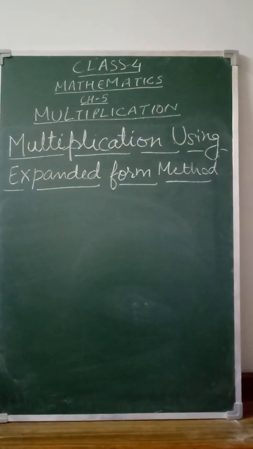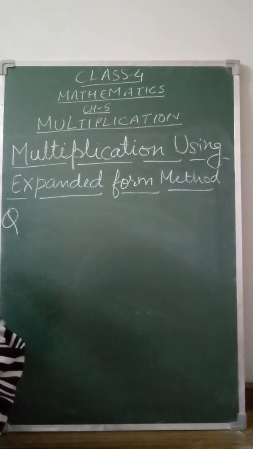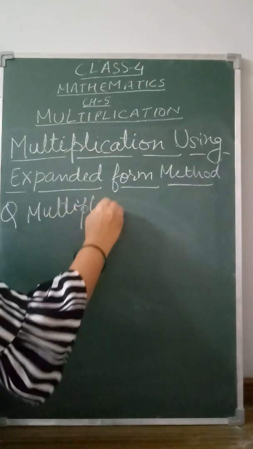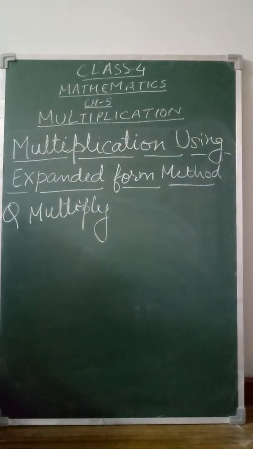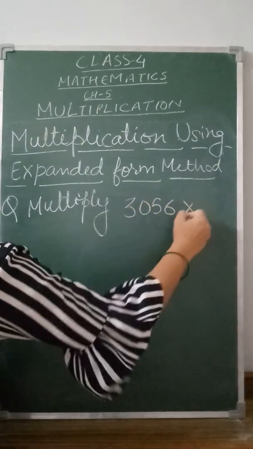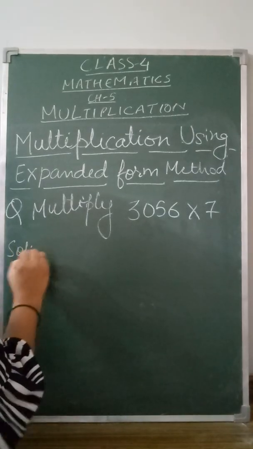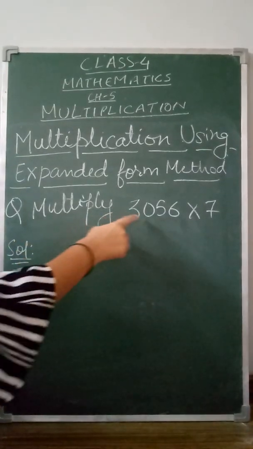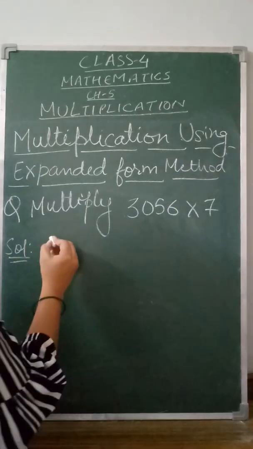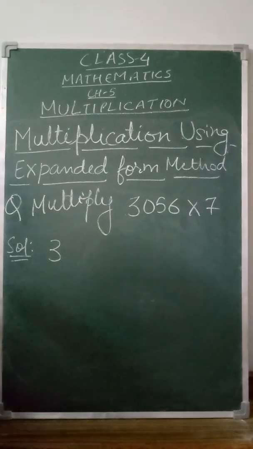Student, I want to take one more example to clear this topic. So the next example I want to take this multiply. This time I'll take a 4-digit number, multiply by 7. Okay, so stepwise we have to do the question, student, and here the bigger number is this. Always try to expand the bigger number. The first step, let's expand the bigger number. What is the expanded form of this number?